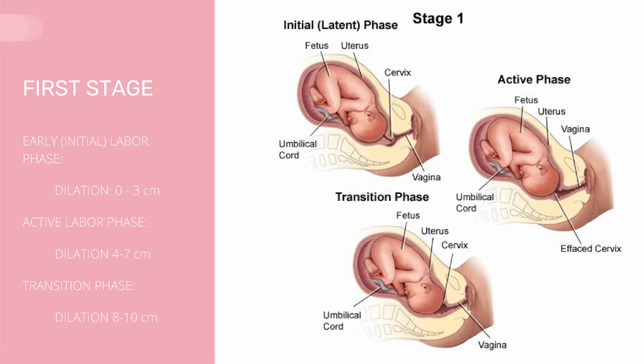So we've gone through early phase, active phase, and now the transition phase. Transition is typically characterized as the cervix dilating somewhere between 8 to 10 or all the way or fully dilated. This phase can be quite intense, but again, it's usually quicker. It can last an hour. I've seen women with 4th and 5th babies go through the transition phase in about 10 minutes. So this is